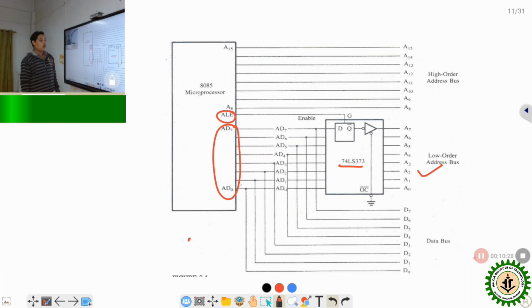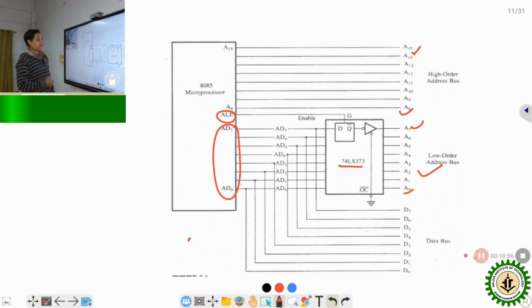Now the full 16-bit address is available, A0 to A7 at the latch output and the higher order addresses already available at A8 to A15. That's how the address lines are demultiplexed from the data lines at the time of the T1 cycle,